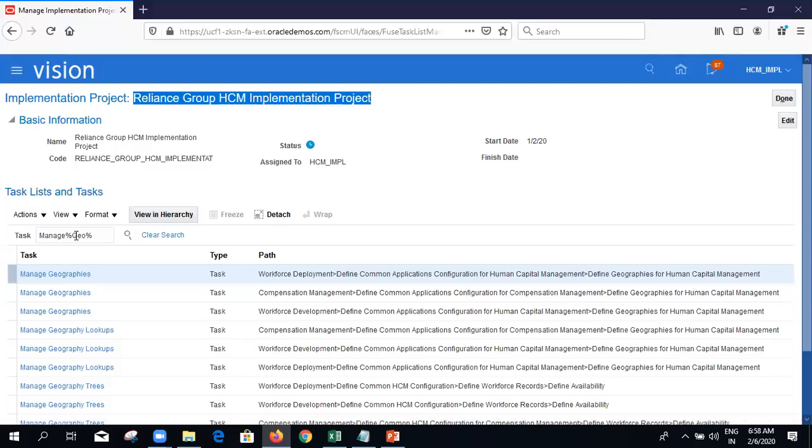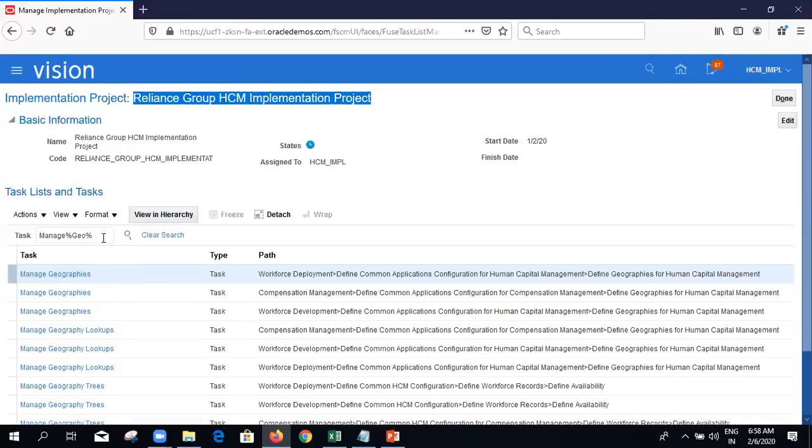Remember one thing, if you don't know the exact spelling of the task, give the characters between the percentile signs. This is Oracle's seeded behavior. You can give the characters between the percentile signs, then all the tasks related to those characters, the whole list, will come. So you can choose your task from that, right?